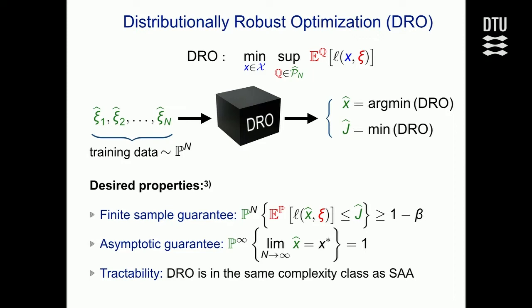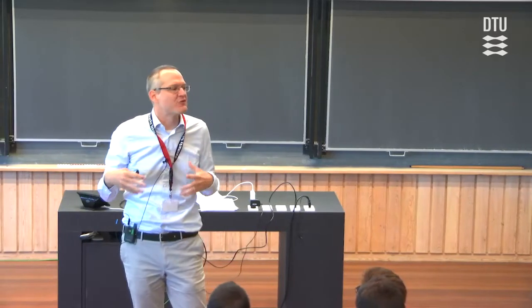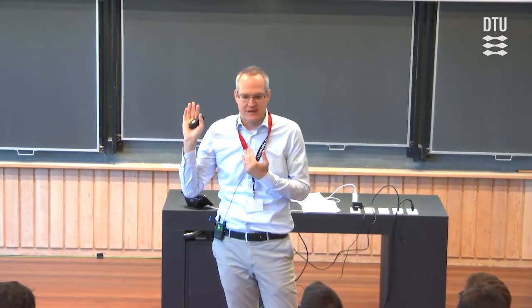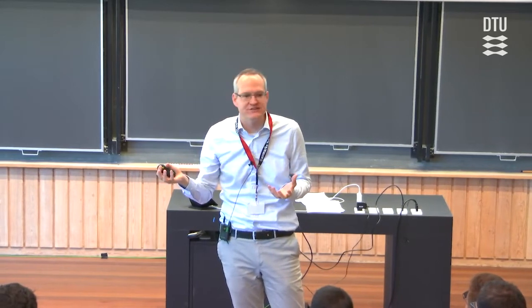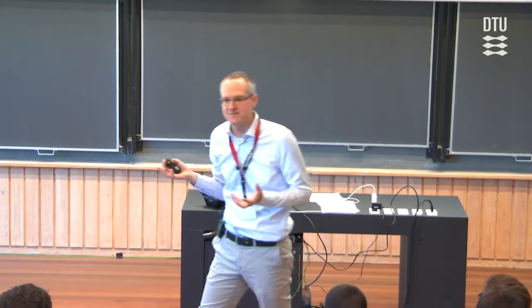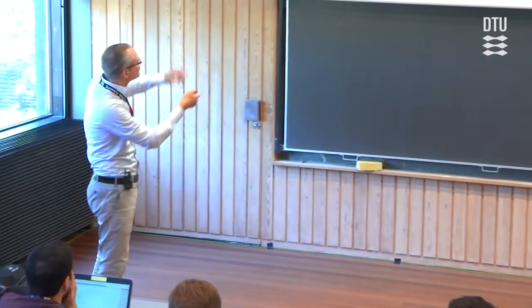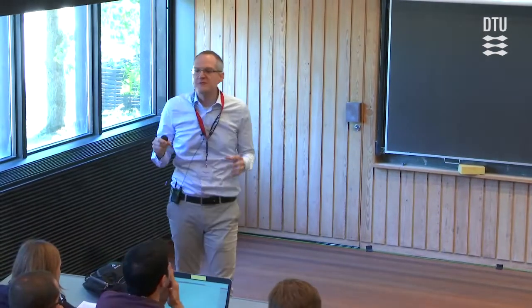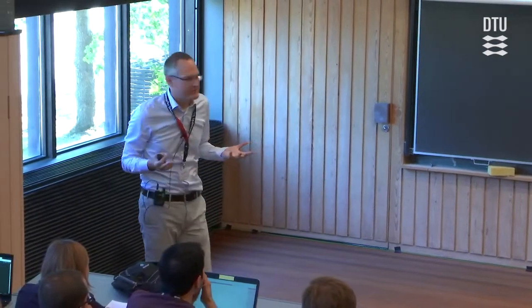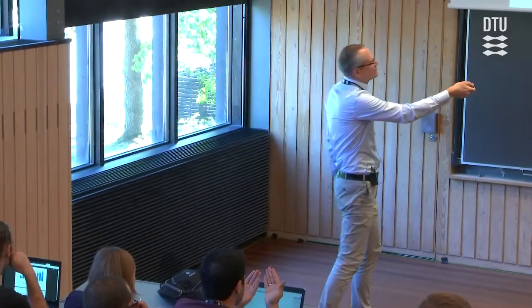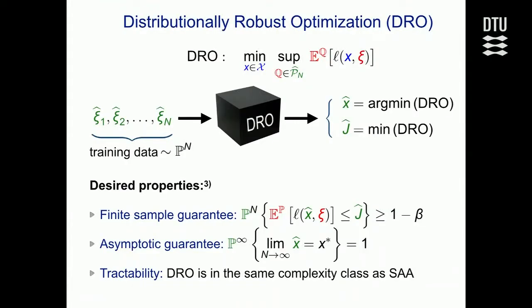So that's a proposal. Now, of course, I need to tell you how we construct the ambiguity set, this family of distributions. I would like to construct a family of distributions that satisfies a number of properties. So I'm going to set up a sort of wish list of properties that I would like this ambiguity set to satisfy. My first wish is that the solution of this problem, the distributionally robust optimization problem, should give me an out-of-sample performance guarantee of the type that we've seen before. So I would like to have a relation of this kind. Okay? Clear. I want that.